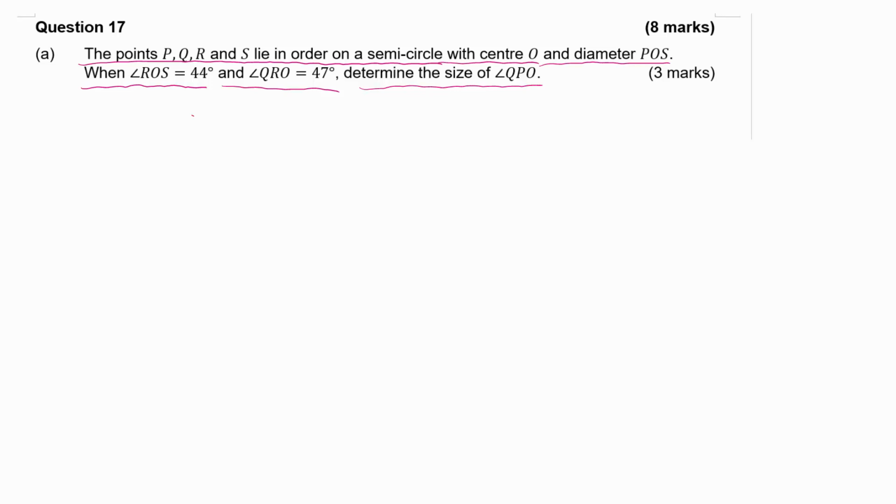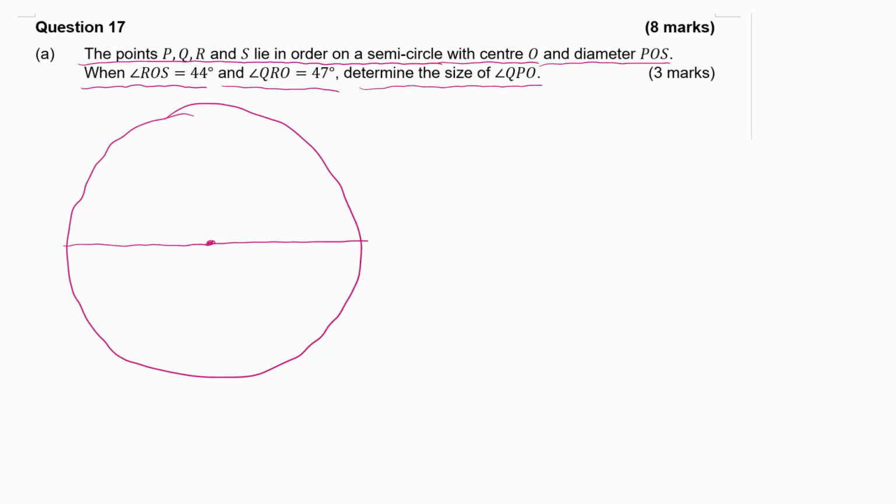So what we really need is a picture. So if this is the O, and we know that POS is a diameter, then we can have P here, S here, and the centre O. Now Q and R will be on this semicircle as well, because we're told that P, Q, R and S are in that order